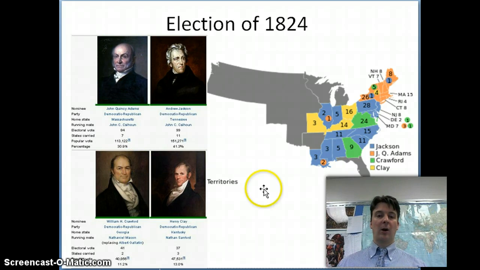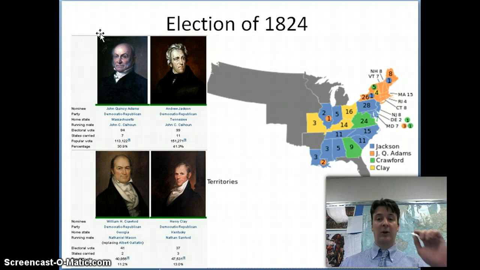This was called the corrupt bargain, and it angered Andrew Jackson because Quincy Adams becomes president. It's a big deal in the time period because people felt like Jackson had the election stolen from him. Most of all Jackson, who was furious and basically started campaigning for the presidency in 1828, the day after this was decided. But again, we see the person who wins the most votes doesn't become president. So this is kind of a flaw in the system.